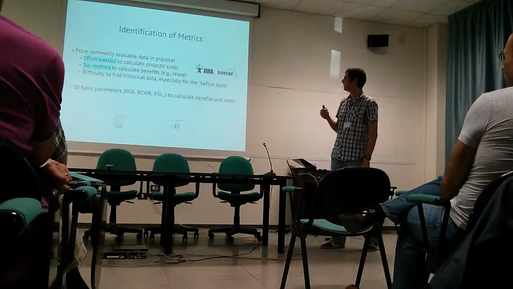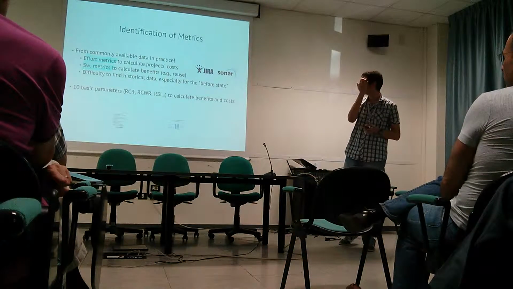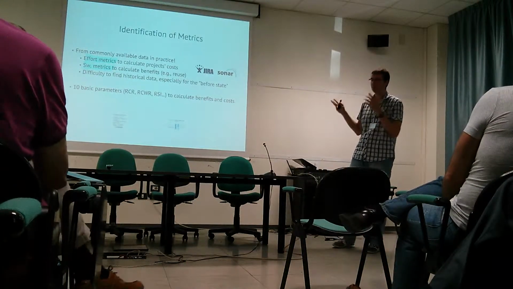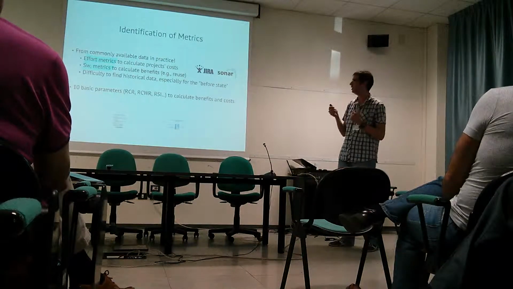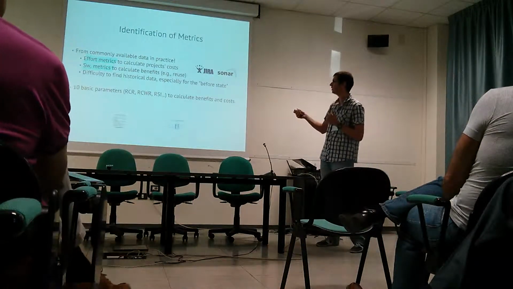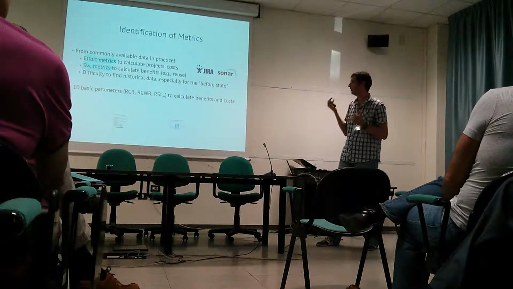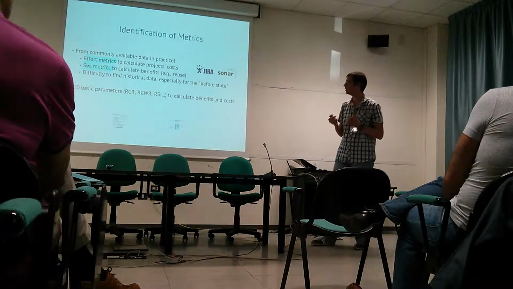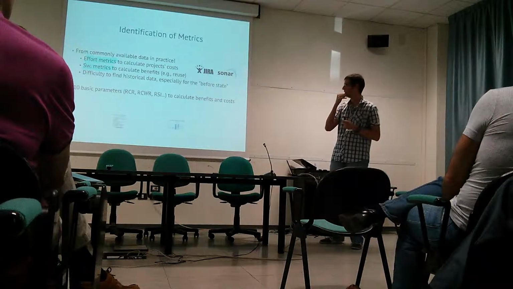So let's go to the second step. Now we have identified 6 cost benefit factors, but we don't know what their value is. So what we are trying to do in the second step is to find easy metrics that can be used by practitioners to try to estimate these cost and benefit factors. What we found that industry having normal projects is effort metrics to calculate the project costs, and also software metrics to calculate the benefits, for instance, from reuse.